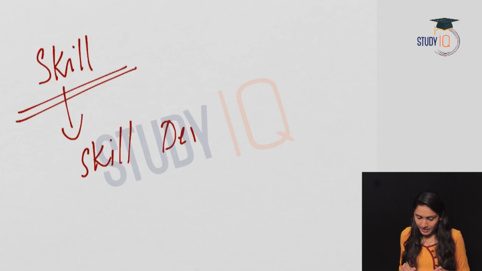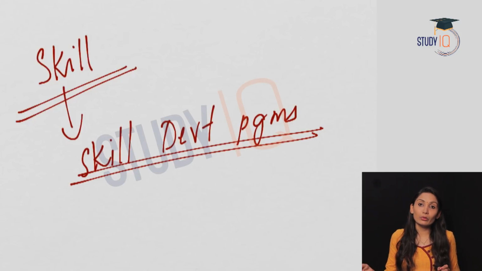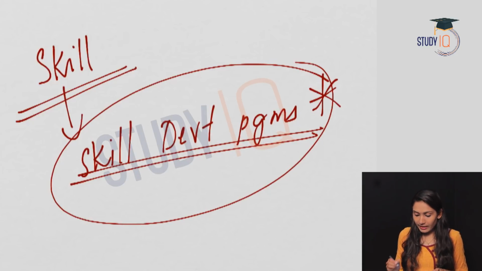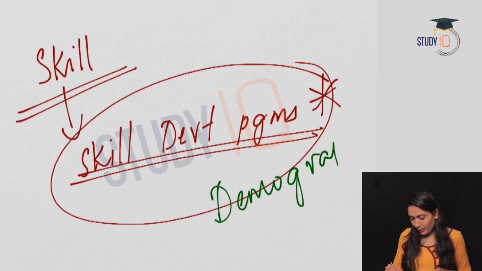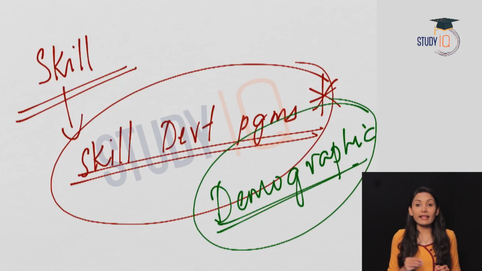Disguised unemployment can be solved by providing skills to the laborers. Skill development programs need to be implemented so that they are able to find new work, and this new work would provide them with more productivity and more wages. Skill development programs are necessary in an economy, especially in an economy like India where we have a good demographic dividend. They can also be important from an examination point of view. We will discuss this later in detail.